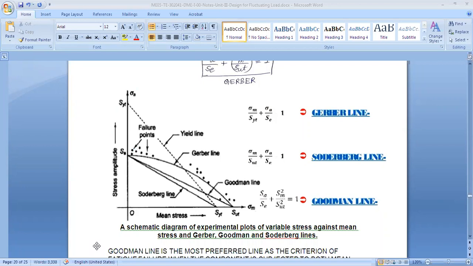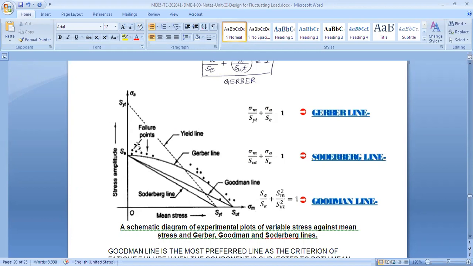Okay. So now let's see what is modified. We'll talk about the modified Goodman line. But before that, let's try to see the equation. Now it is very straightforward. Equations are also very simple. I have noted the equations here. We need to understand how this is. These equations you don't need to even remember.